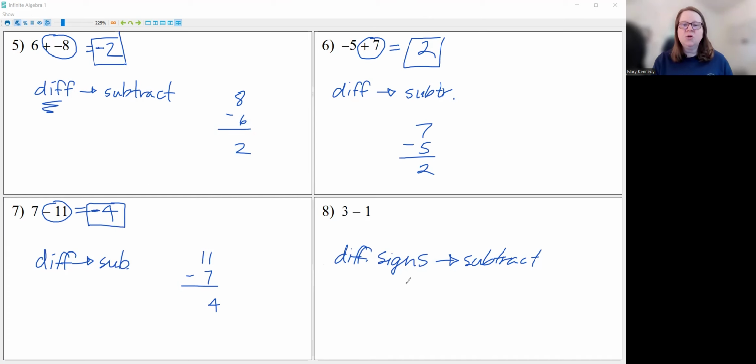All right, subtract 3 and 1. 3 take away 1 is 2. The bigger number is 3. It's positive, so my answer is positive. You know that 3 take away 1 is